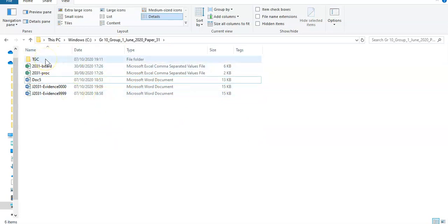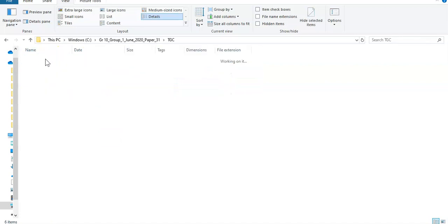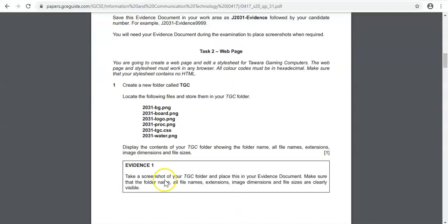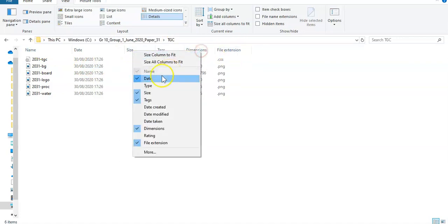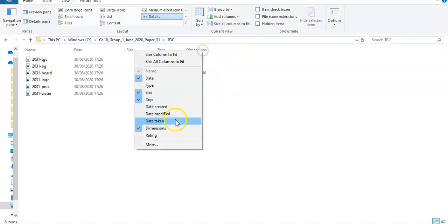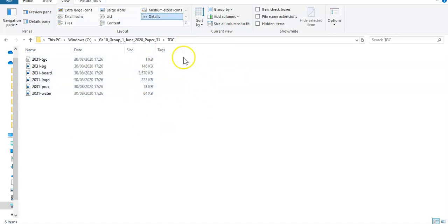We're just going to go into the folder now, because in the next part they say display the contents of your TGC folder. You go into it, showing the folder name, file names, extensions, image dimensions, and the file sizes. If we look at what we have, we have the file names, the file sizes, and the dimensions and extensions. Just out of curiosity, if some things are missing here,